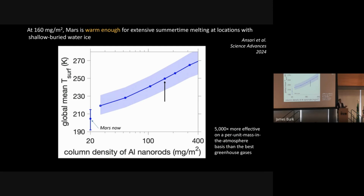We've only just started looking at aerosols. These are not optimized aerosols, and that comparison is comparing to the optimal mix of greenhouse gases. Other takeaways: there doesn't seem to be any in-principle barrier to getting to 273 Kelvin, but you can see that